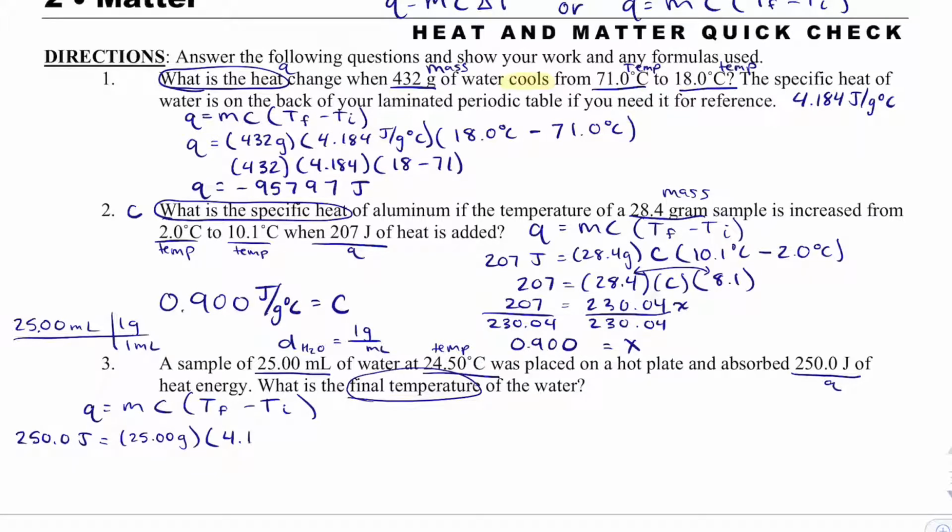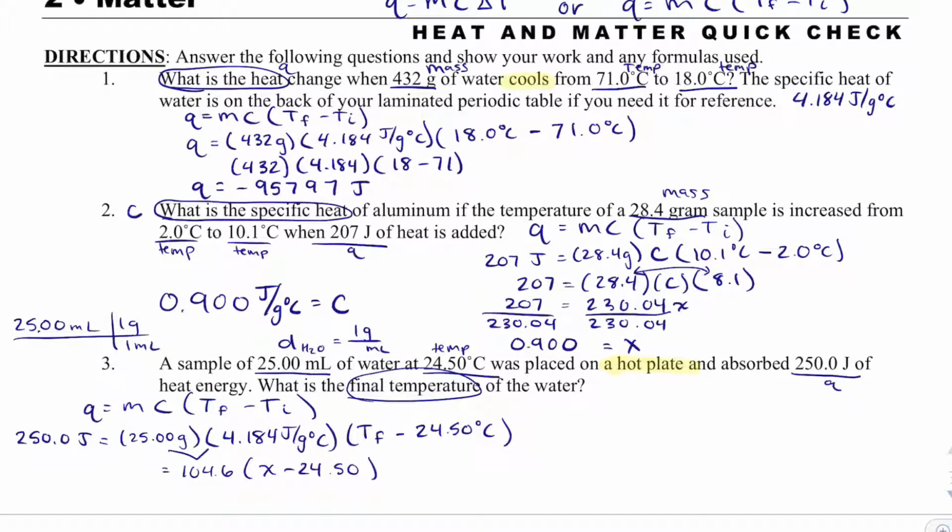The specific heat of water is one that's on the back of your laminated periodic table. We're solving for the final temperature, TF, and then the initial temperature is 24.50 degrees Celsius. We're placing our water on a hot plate, so I expect TF to be warmer than what it started at. I'm going to multiply these two numbers, so 25 times 4.184, and I get 104.6 times, and I'm going to change TF to x minus